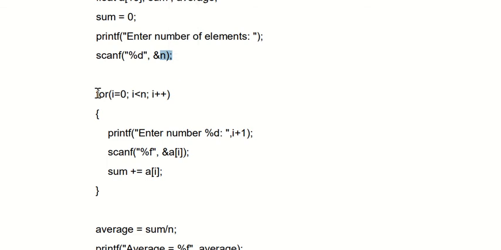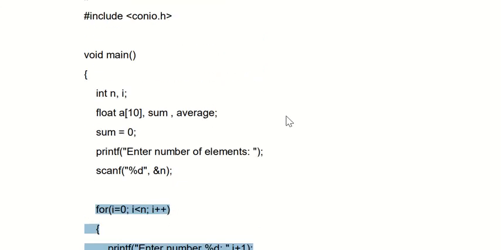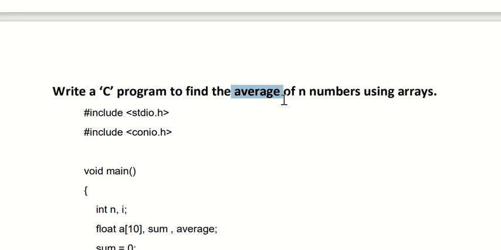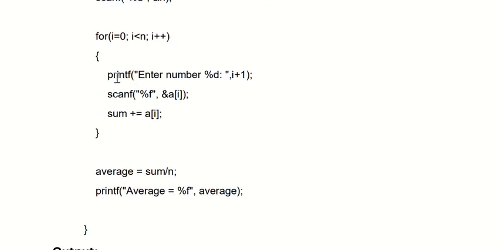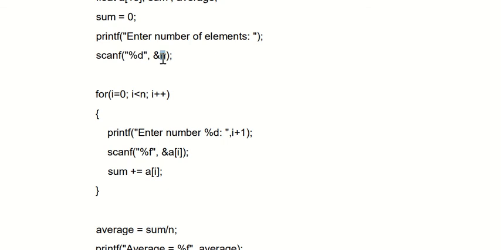So for i equal to 0, i less than n, i plus plus, and sum plus equal to a[i], from this for loop you will get the addition part, only the sum, but our heading is average, not the sum. So after this for loop, average equal to the latest value of sum, divided by the number of elements, that is n.